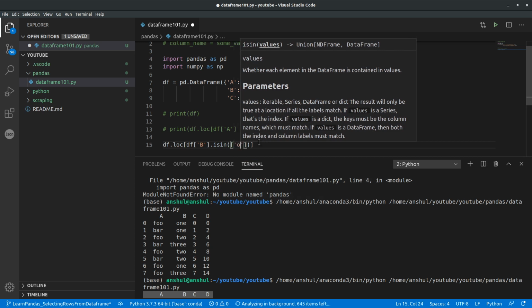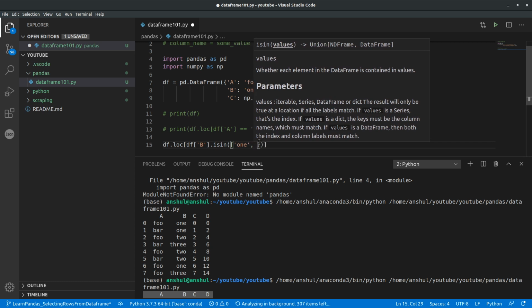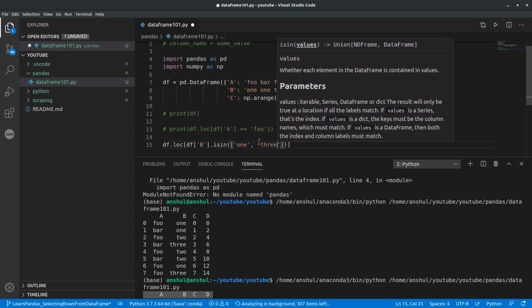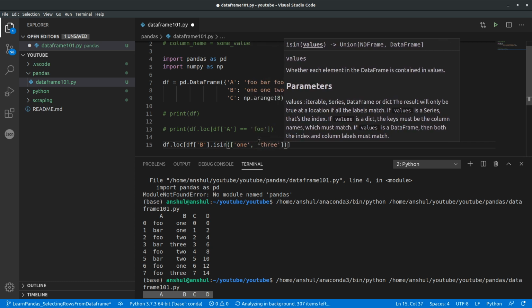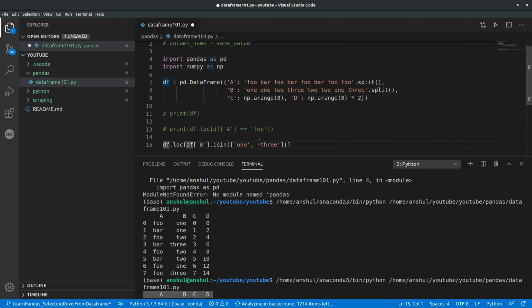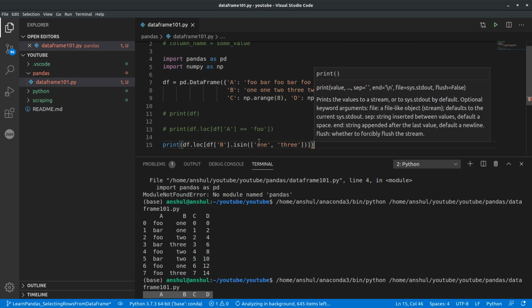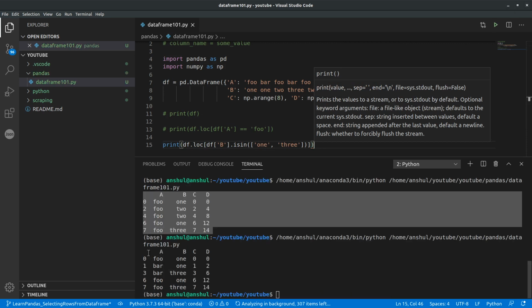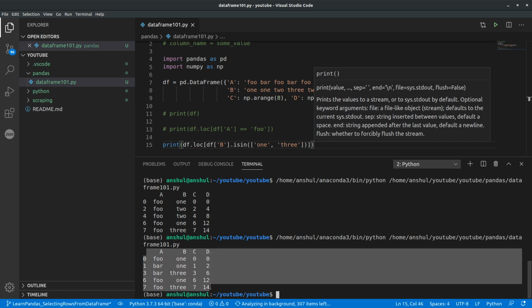So we pass 1 and also 3. Let's print this and see what we get. Here you see the output. We got all the rows where column B had the value 1 or 3. So this is another way.